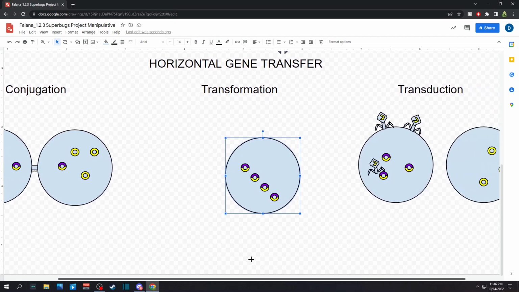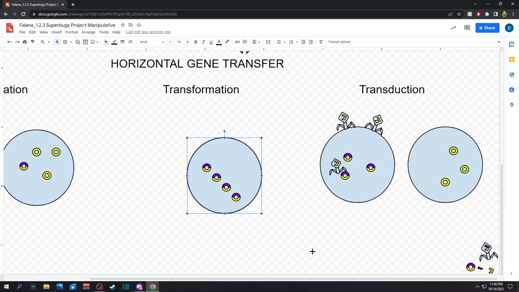And finally, we have transduction, which is whenever bacterial DNA is transferred from one bacterium to another inside a virus that infects bacteria. So these viruses are called bacteriophages, or phages, I think you say them. They would be these guys right here, these cool looking guys. And basically what happens is when a phage infects a bacterium, it essentially takes over the bacteria's genetic process to produce more phage. So whenever these phages take over the cell, it'll go ahead and start taking over